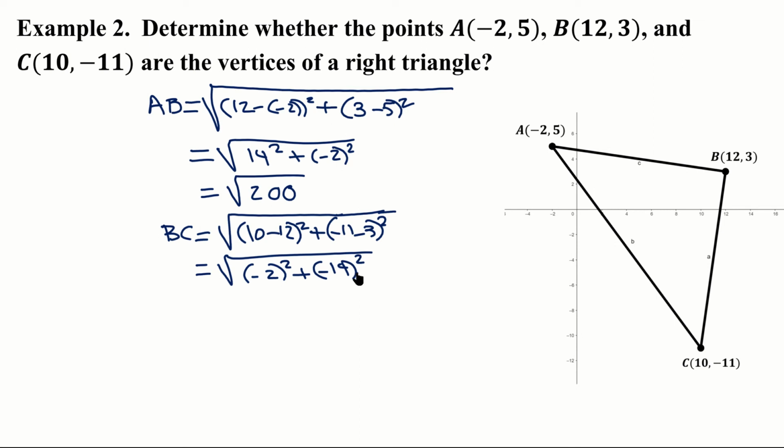Now, of course, we know that negative 14 squared is going to have the same value as 14 squared in the previous part, and this negative 2 squared is of course the same as that negative 2 squared, so therefore this is going to end up being the same sum, so we don't need to calculate it again. So that's also the square root of 200. So now we'll calculate AC,